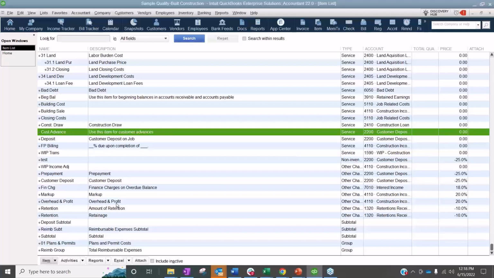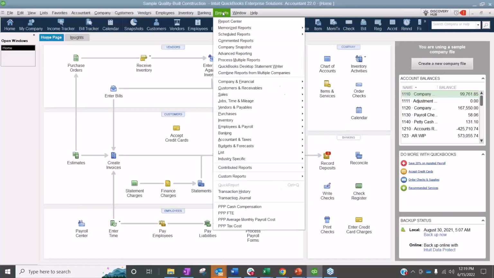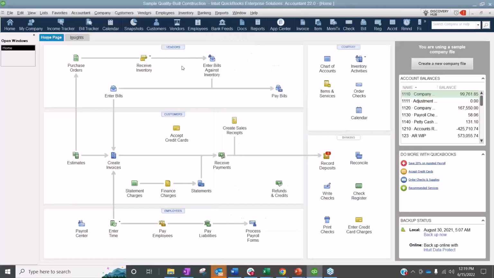And Lori, what about you? It's either how to record the deposits without it showing that I have credits on my AR, or how do I get my timesheet to go in for job costing, which is actually how I learned to do QuickBooks Time. Yeah. So why don't you tell us about that one? How did you